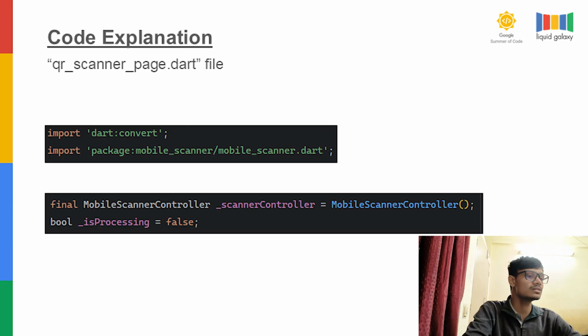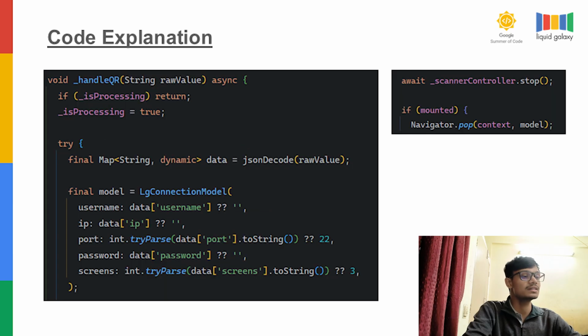The QR scanner continuously detects frames. This flag ensures that the QR is processed only once, preventing duplicate scans and unexpected behavior. This function is used for handling the scanned QR. When a QR is detected, its raw content is passed as a string. The scanned QR data is received as a string. JSON decode converts this string into a key-value map, allowing the app to access fields like username, IP, and port